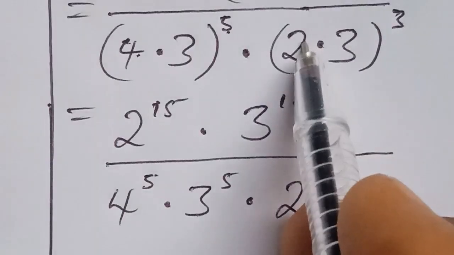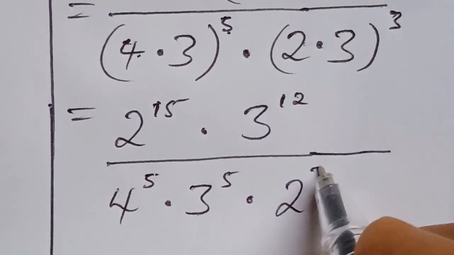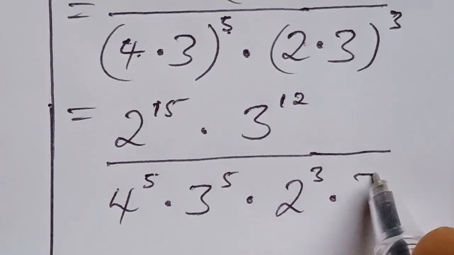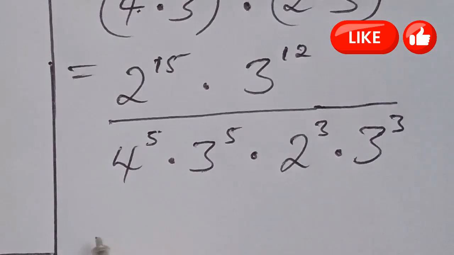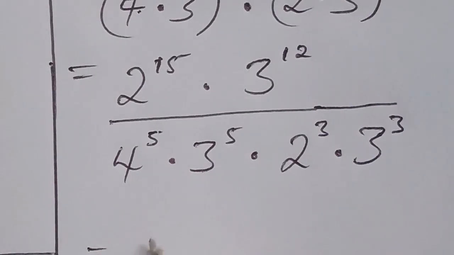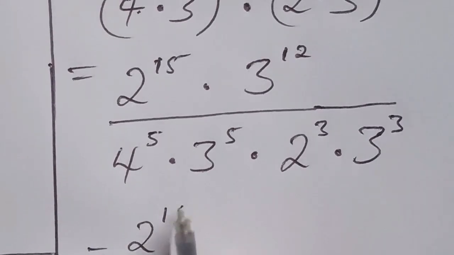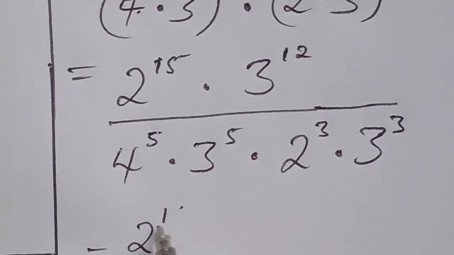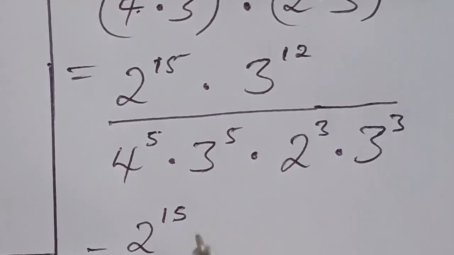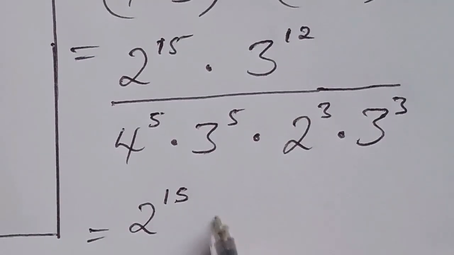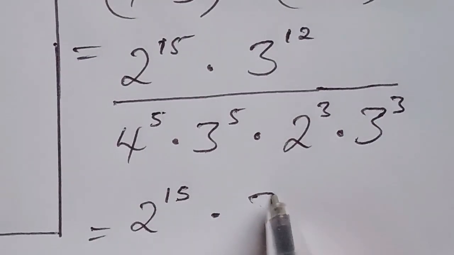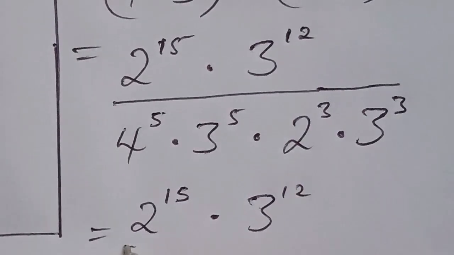So multiply this 3 with this: 2 to the power of 3 multiplied by 3 to the power of 3. So here, 12 can be written as 2 squared, and this can be written as 2 to the power of 15 multiplied by 3 to the power of 12